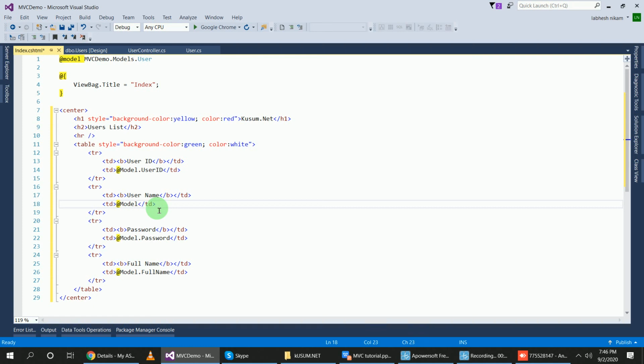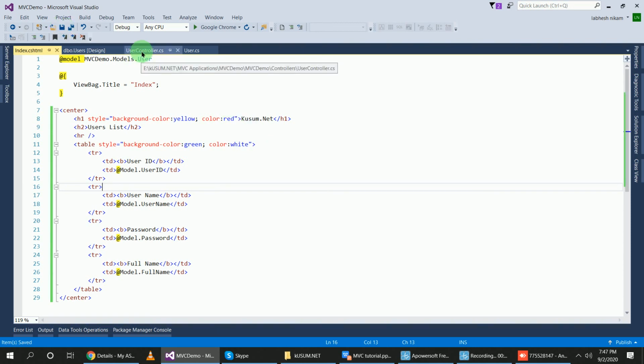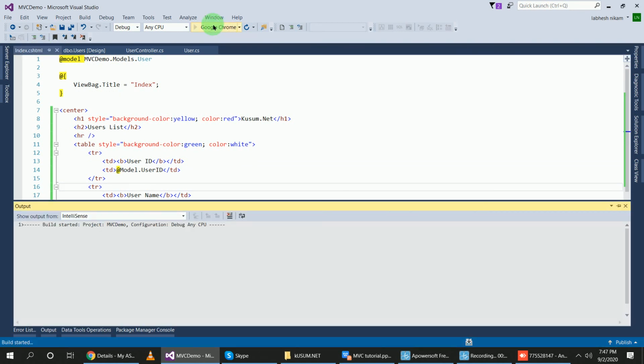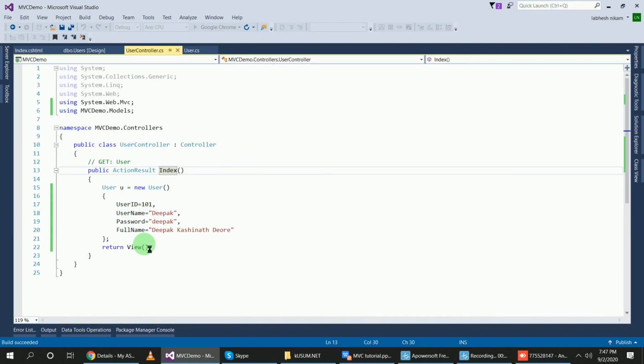Right, my view page is created with the table, and now I am running this view page. So when that application is running, that time it will display this data.